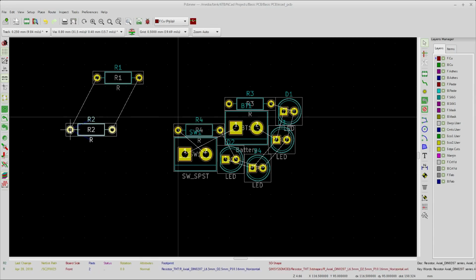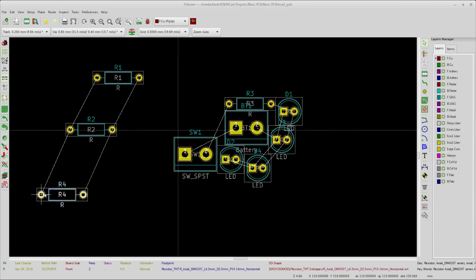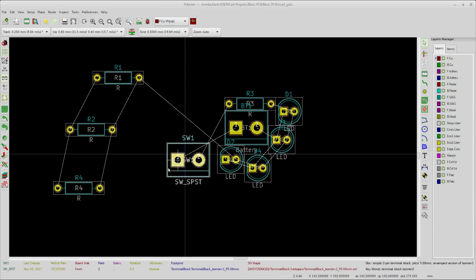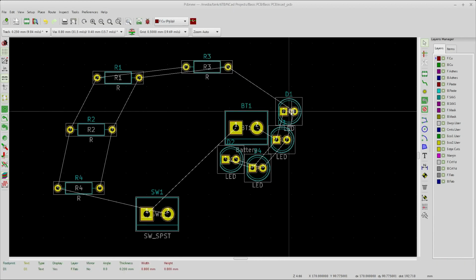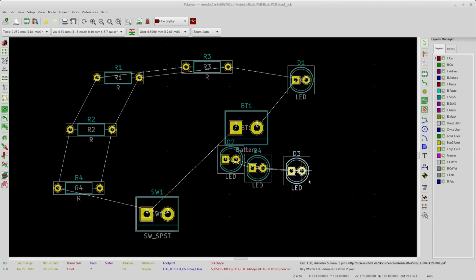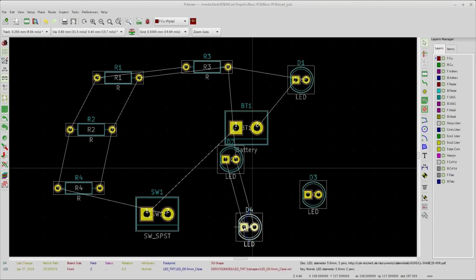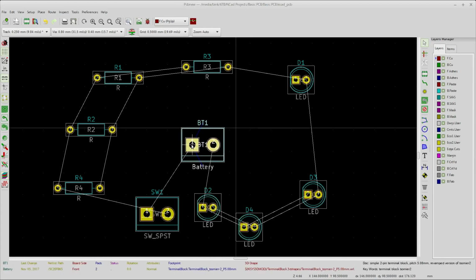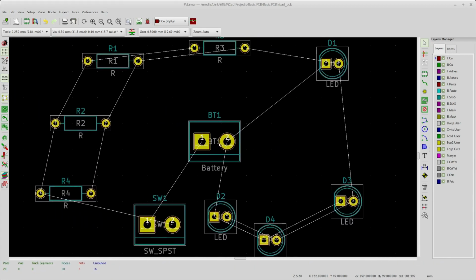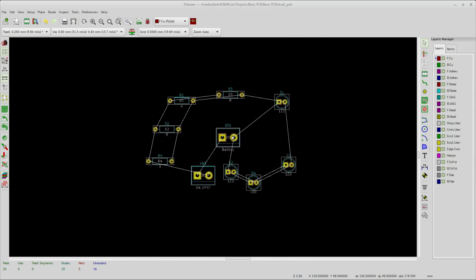Find a spot on your devices where you know they're kind of good to get a hold of. Move them off to the side. Just kind of get everything out. Oops. A little bit further out to help you try to begin to make sense of it. So we have the first initial task of laying everything out just to be able to route it decently and get it into our board size that we want to have it,